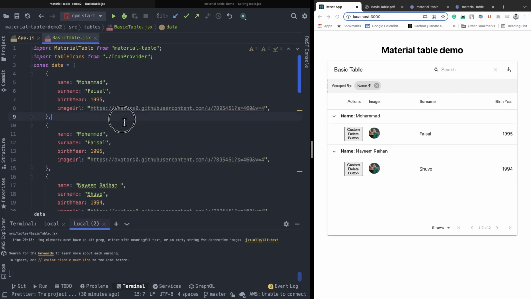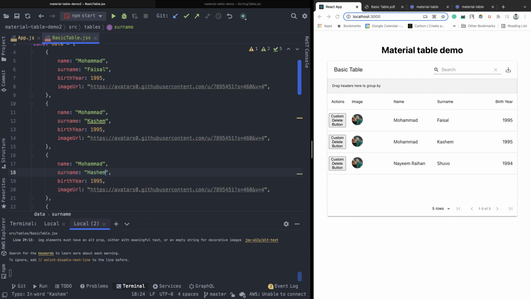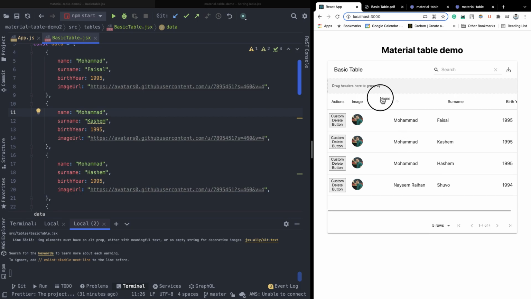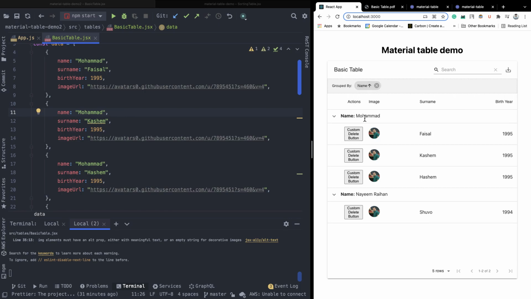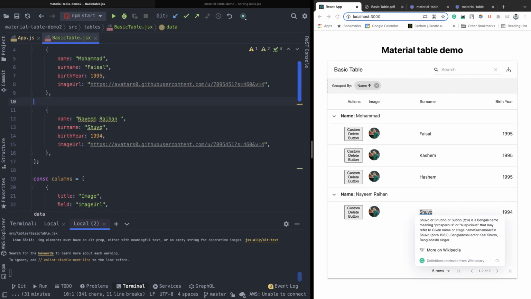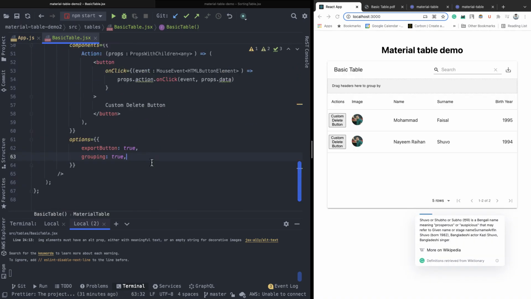Let's add a similar one, maybe Muhammad Kashim, and another, maybe Muhammad Hashim, right? So if we want to group all of the users who have the first name Muhammad, we will just group it here, and you can see that under the name Muhammad there are 3 persons, Faisal, Kashim and Hashim, and under the name Naim Rahan there is only one person named Shubha. So this grouping feature is really nice, and to turn it off you just need to pass these options. You don't have to do anything else. Okay,